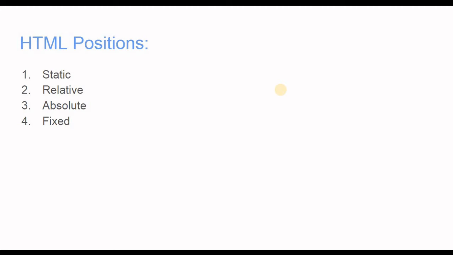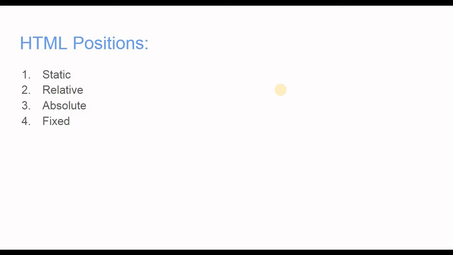So first of all, we are going to understand about the HTML positions. I know some people, or maybe you have already learned about the HTML positions, what is static, relative, absolute, fixed. But here I'm going to tell you in a different way, which is totally advanced kind of knowledge. When you want to go in depth, you should have your root strong. So that's why I have come to this conclusion that we should start from HTML positions.